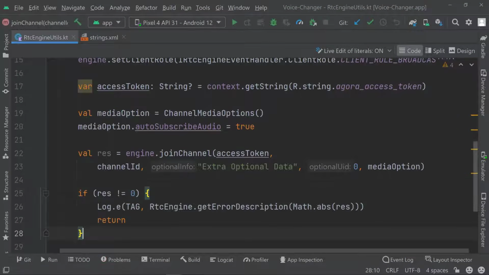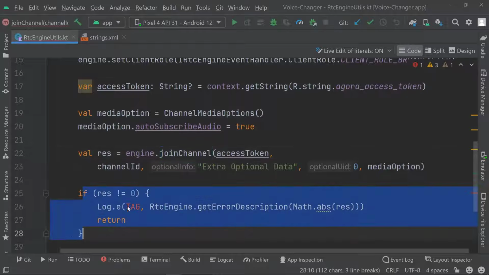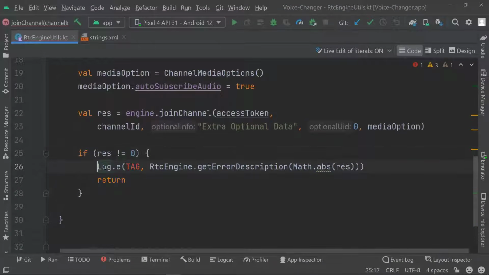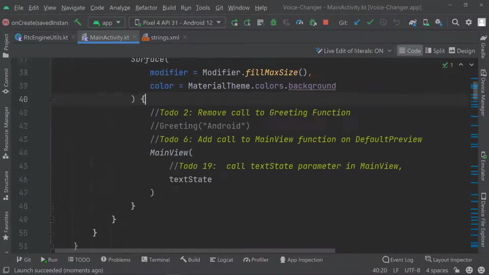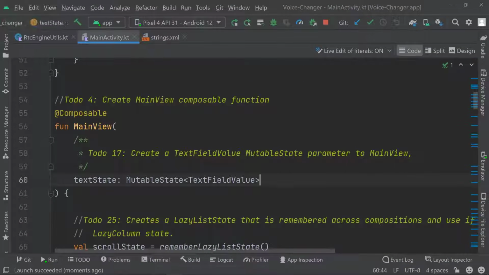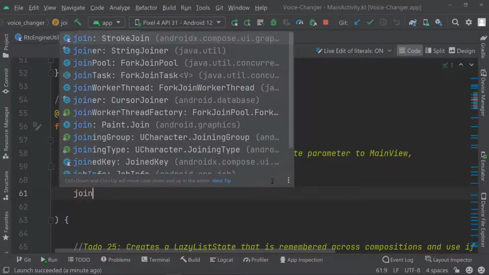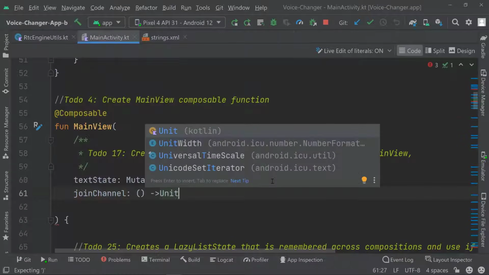At this point, we can check if res, so the result of this joining the channel, worked or not. So if it was not null, we're going to log the error. And then we can change the audio effect. So here, to do change audio effect, which we still need to set up, obviously. Now, in order to join a channel, we're going to use this little icon here. Once it's clicked, we will join the channel. So we need to add the click event. Therefore, inside of our main view, let's go ahead and set up our join channel, which will just be a